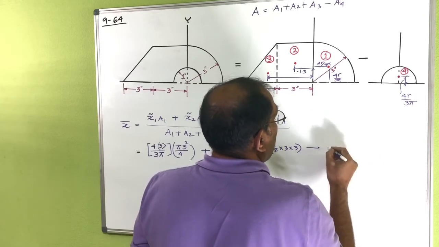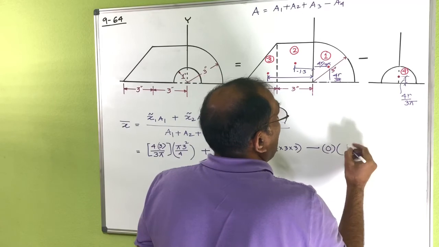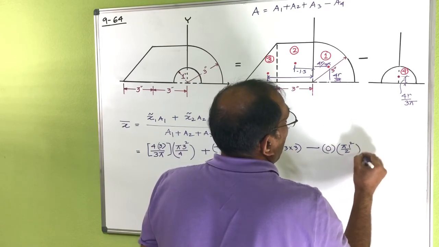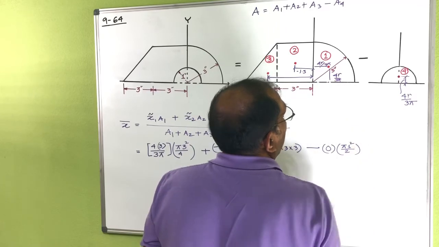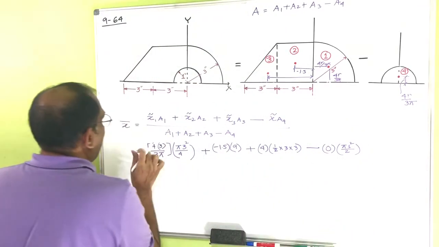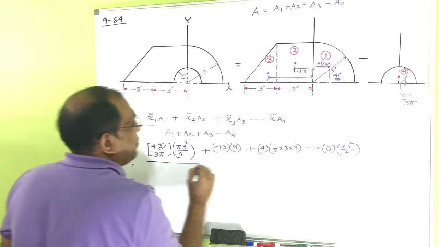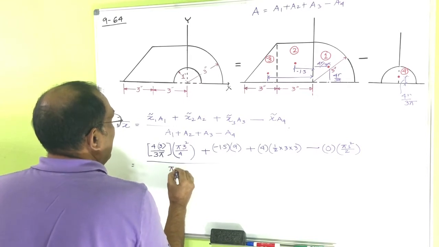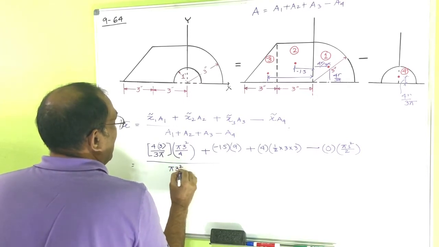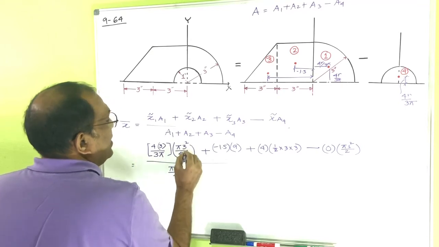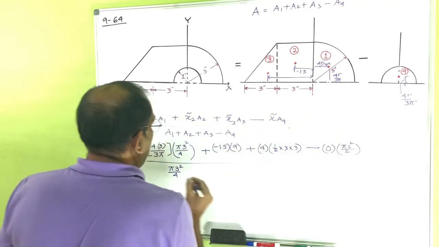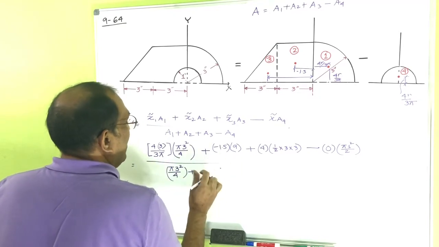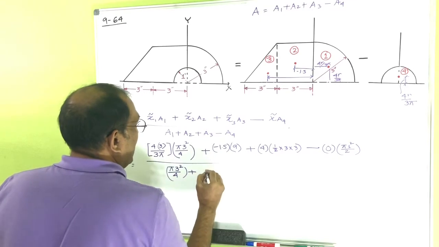So I can just say 0 into pi 1 square by 2, divided by the area, and the area is pi r square by 4. Actually this term, this term, this term, and this term, right? Then this one becomes actually 9